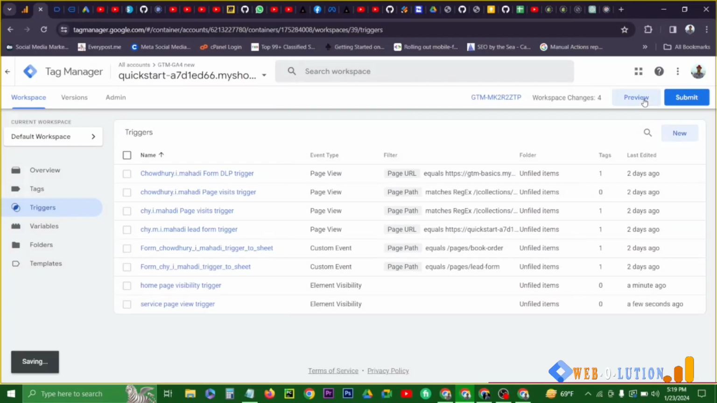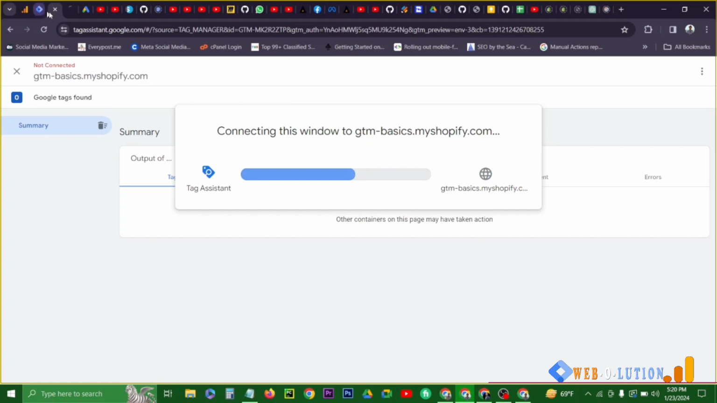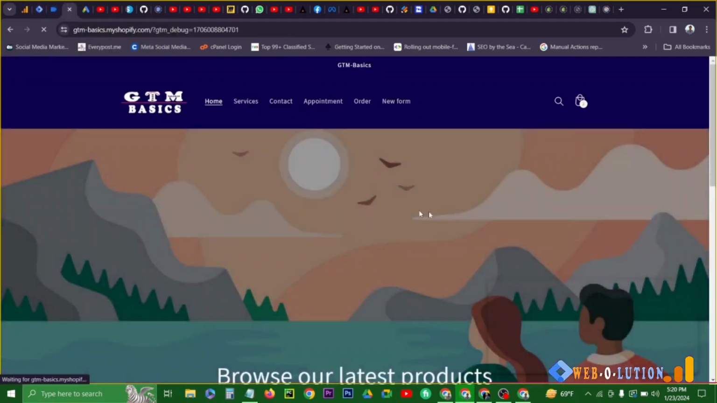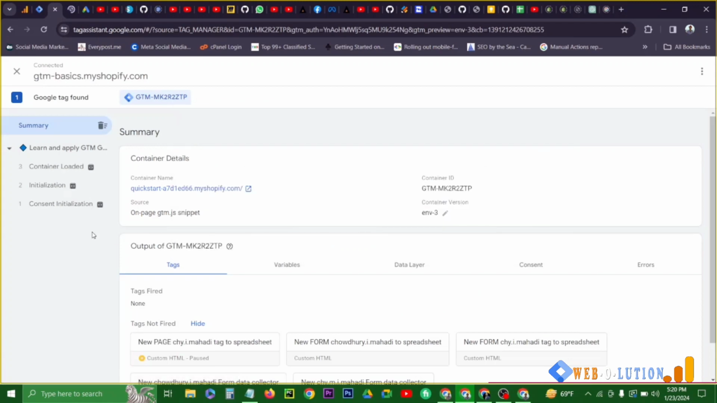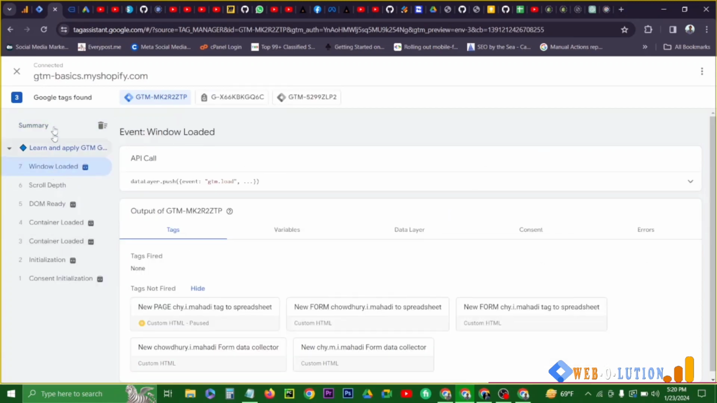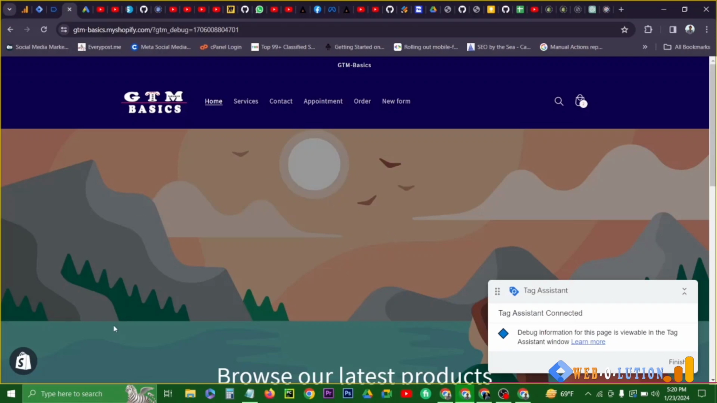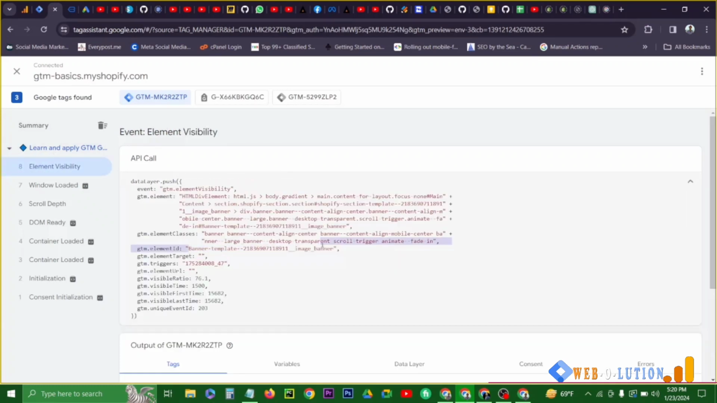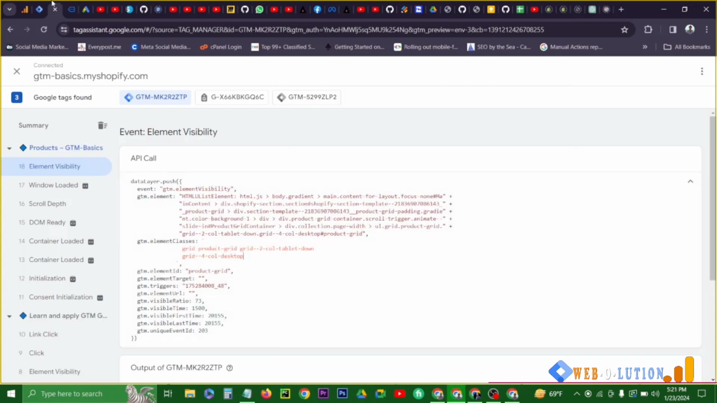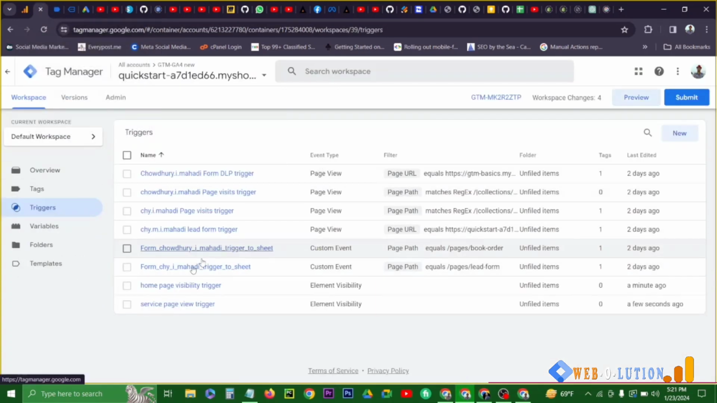let me first preview this page so that we can see that the triggers we have set just now are firing. So we have stayed here. The page should be loaded. Let the page load. Window has been loaded. Now let's go to the page and let's stay there for 1.5 seconds. And we can see the element visibility has been fired, which was the banner ID, this one. So this is how we can simply trigger those events,